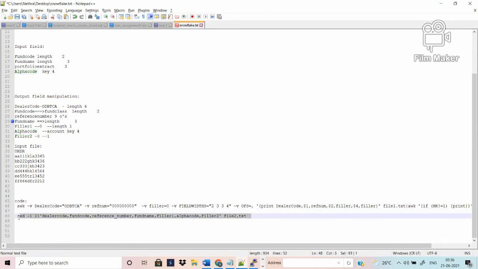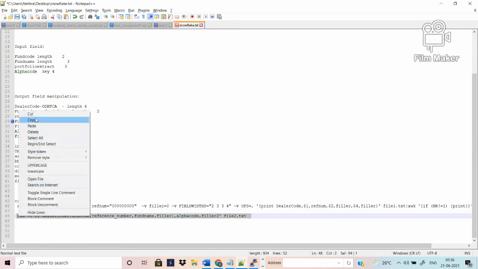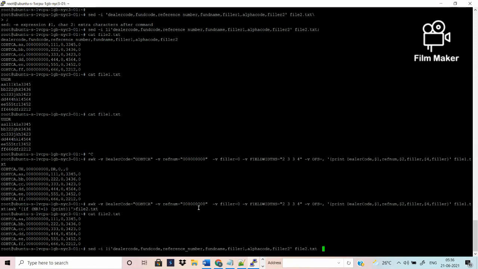There are 7 columns in the final output file. This is sed -i; -i means permanently changing the file. 1i means insert at the first line. Then you insert the entire set of column names.